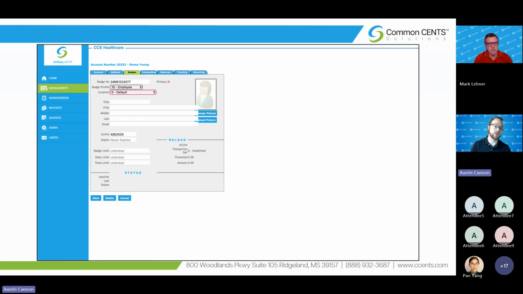Now this ties only to this specific badge, so if Emma Young had a second badge, those limits set here wouldn't affect that badge unless you went into that badge and made those changes there. But the badge limit is going to be just the total limit that badge can charge in the given cycle. Most of those cycles are either set bi-weekly or monthly. So, $100, they have that frame of time. A daily limit is going to be a daily clock. So if you only wanted them to be able to spend $7 a day, that's where you would set that